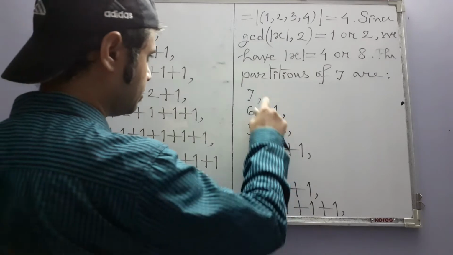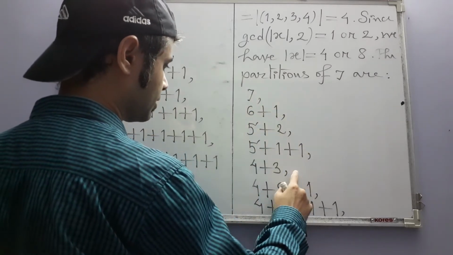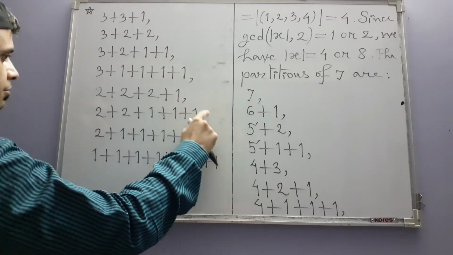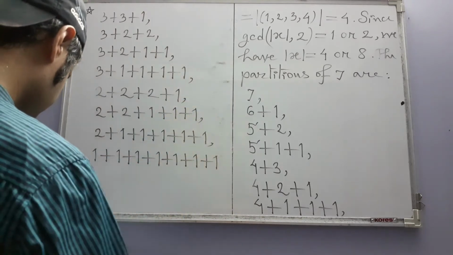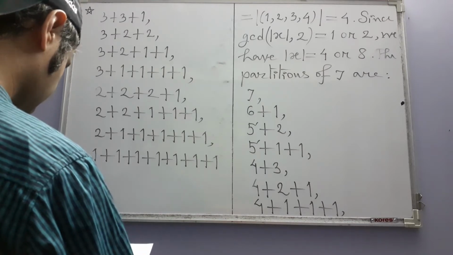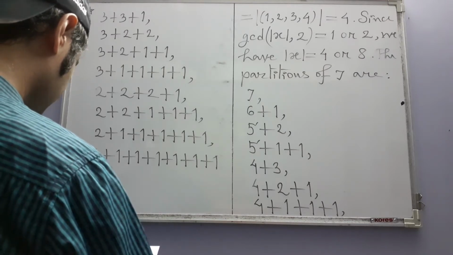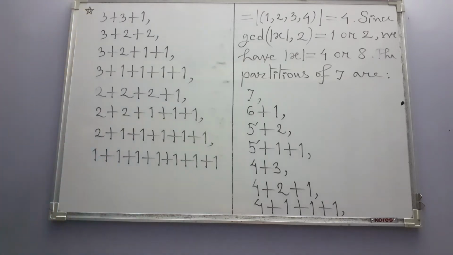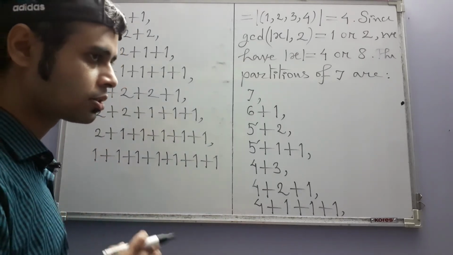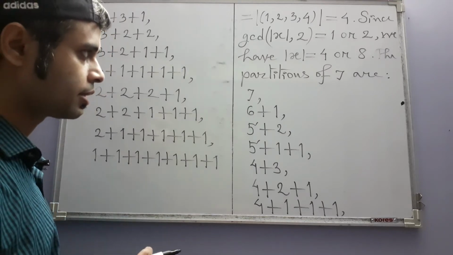Okay, let me just count: 1, 2, 3, 4, 5, 6, 7, 8, 9, 10, 11, 12, 13, 14, 15. Okay, so these are all the partitions of 7, and each one of them corresponds to a cycle structure of